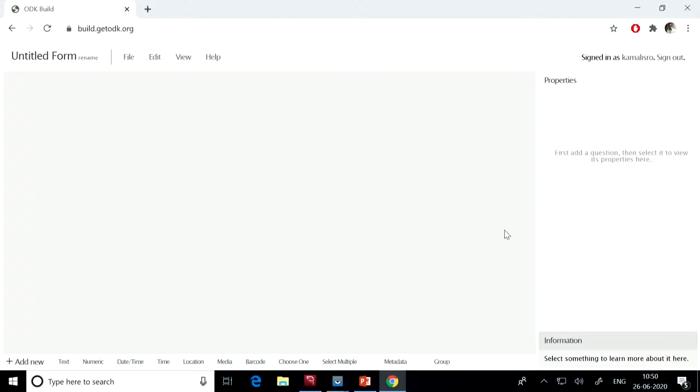I have given my mobile phone to n number of people in my area of interest, and I am asking them from that location itself, tell me what kind of land use land cover is there at your standing position, or wherever you are in the field. The people will visit there, capture that information and send it to your central server. There I can analyze the situation of land use land cover in my area of interest. It can be forest dominated, agriculture dominated, urban settlement dominated, or barren land dominated.